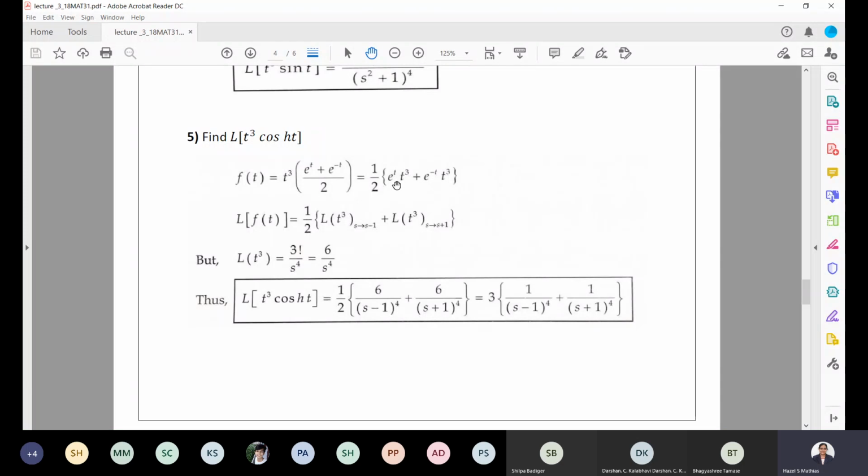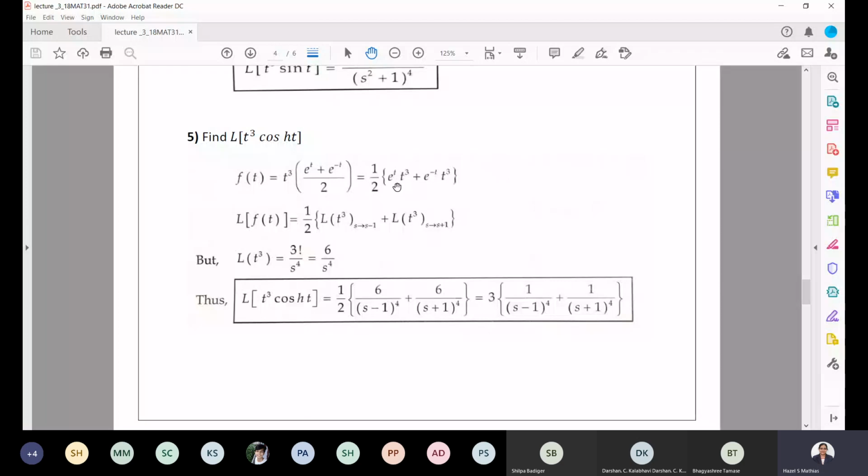So how do you find the Laplace transform of this? Looking into that, it looks like you can use the t power n into f of t property. Here you can do it in both the ways. If you treat this as e power a t into f of t, you can use the previous property. Even you can use the present property also. Both you will get the same answer. Either you can treat this as t power n into f of t, or as e power a t into f of t. Remember this, it can be solved in both the ways.